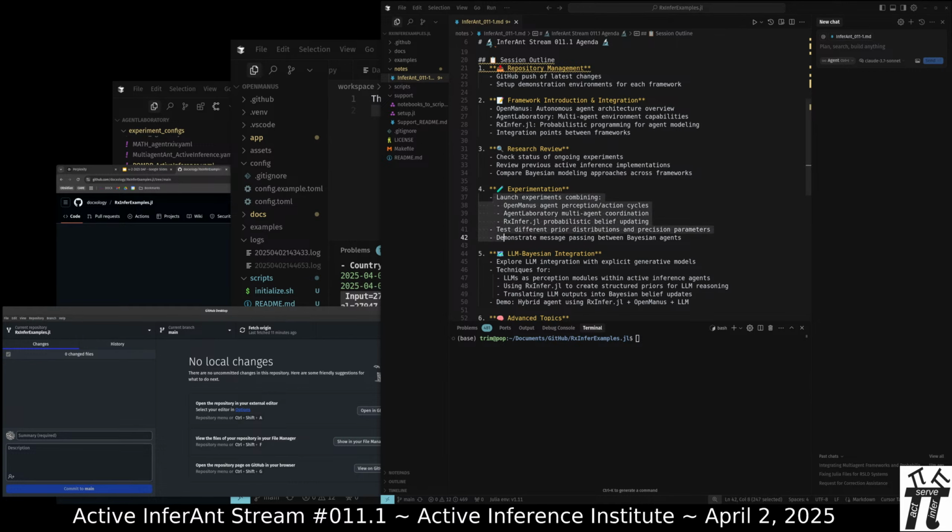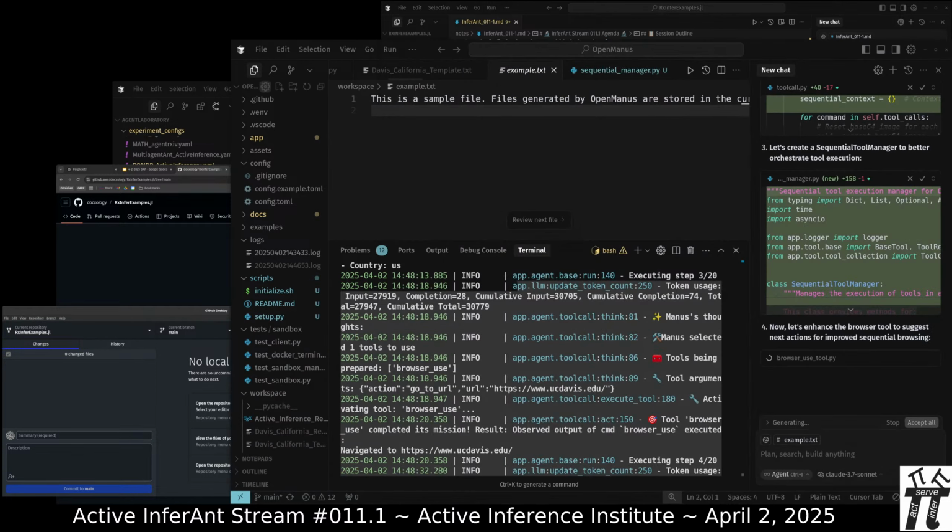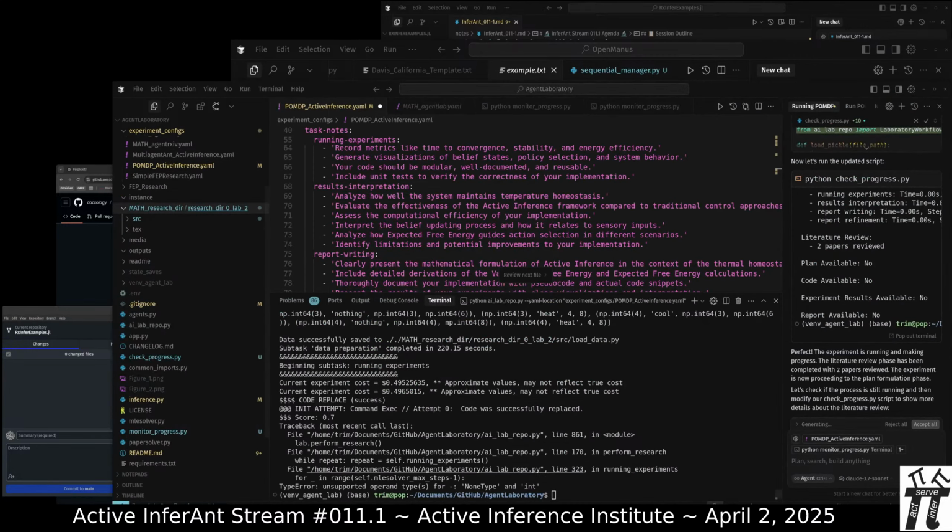And yeah, see where the different work products from these more LLM tool use agents, where that gets us, and where we get with, okay, here we go.